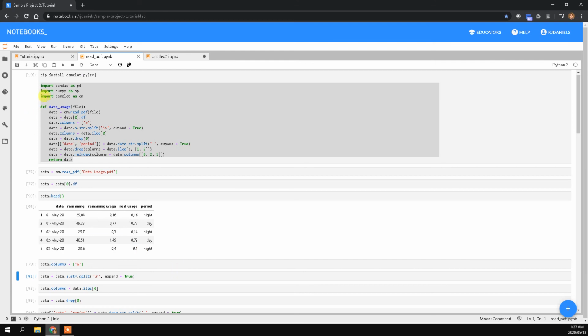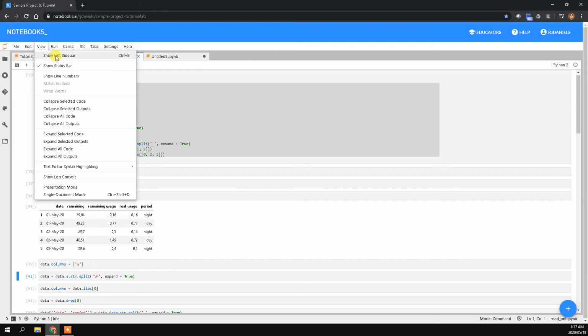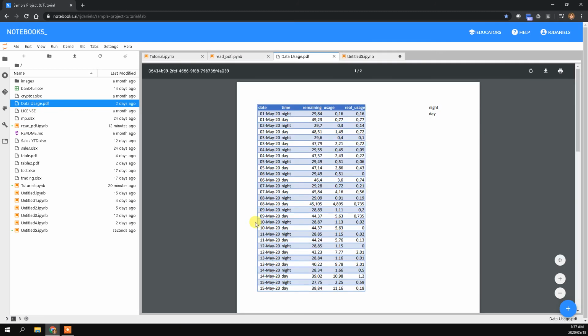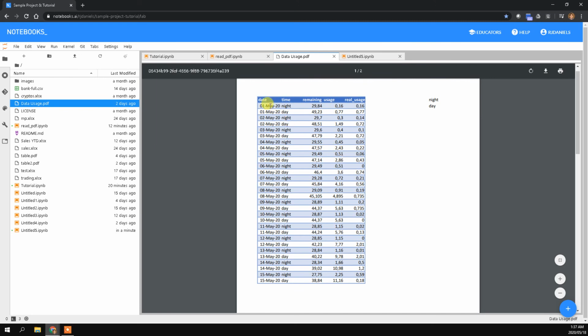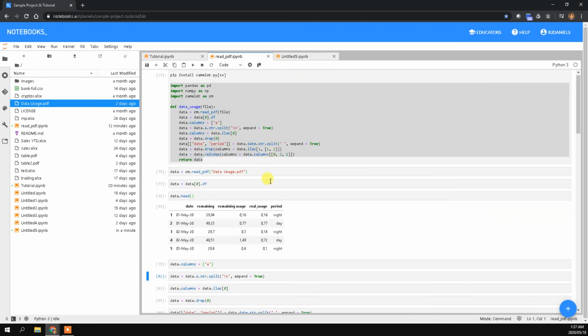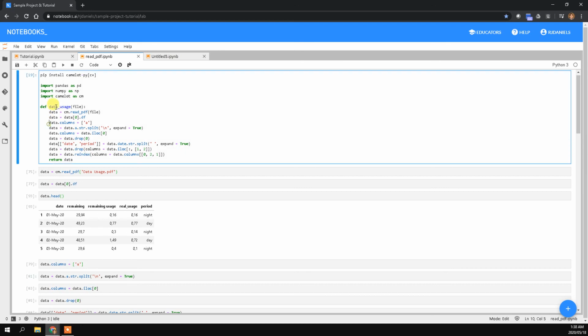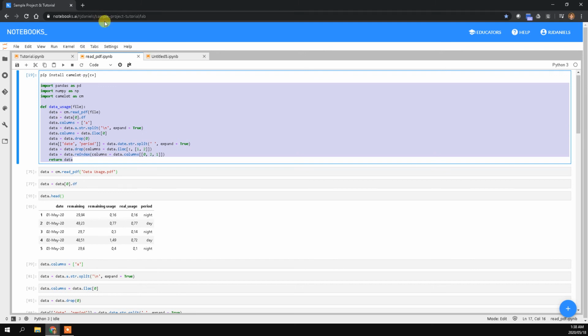So let's say, for example, this was my data, and in a month's time, when I've collected more of this data, this data table will be in exactly the same format with exactly the same columns and column headings. So I can use the same steps that I've used previously on the same data table in a month's time. So what I'm going to do is, I've created this function. Let me just copy this over,